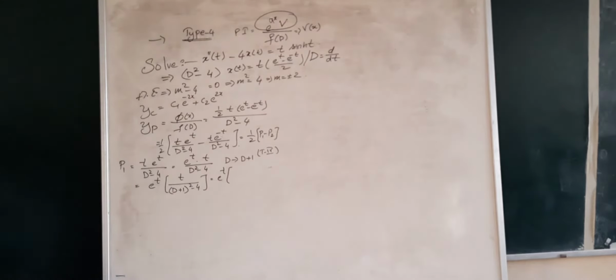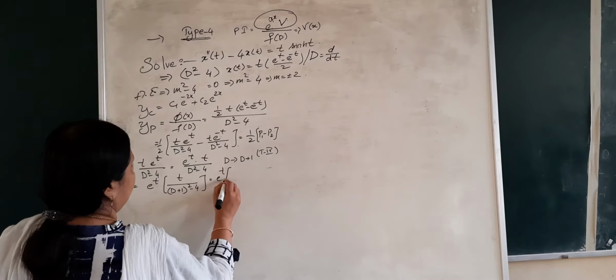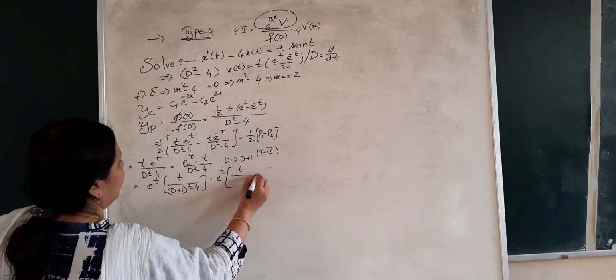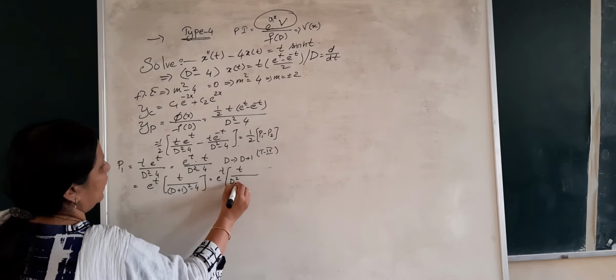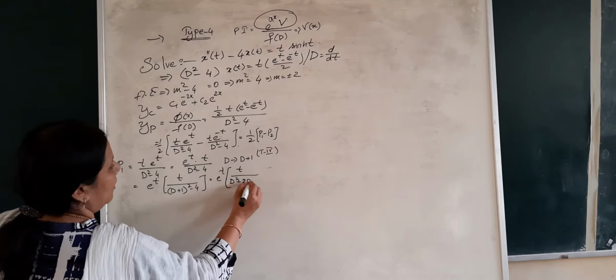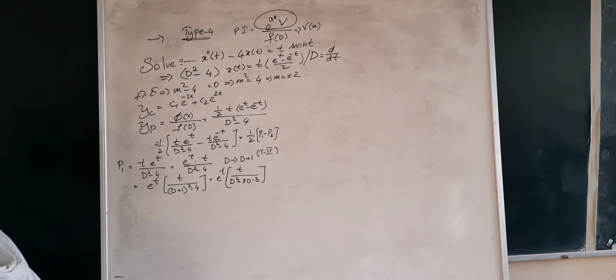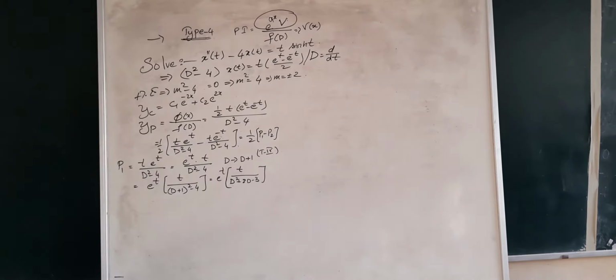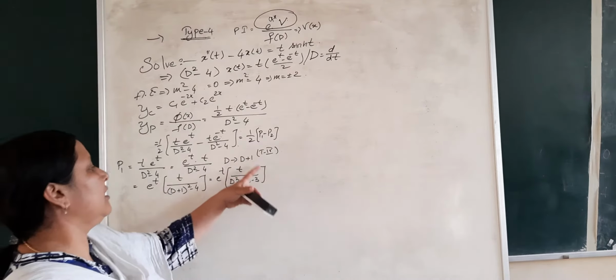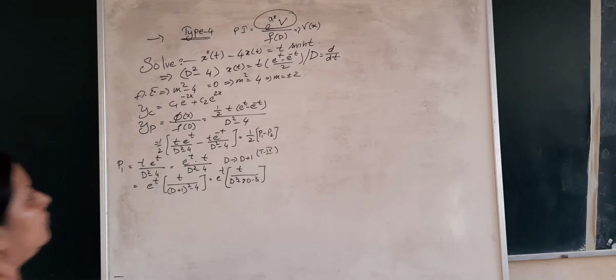I have mentioned the type wherever I am using it so that it is comfortable for you. Next, expanding the whole square, we get d square plus 2d plus 1, and 1 minus 4 is going to become minus 3. Understood? So that's how we get a quadratic expression in the denominator. Next we have to do the type 3 part. Why? Because this is a polynomial function. So let us apply long division again here.